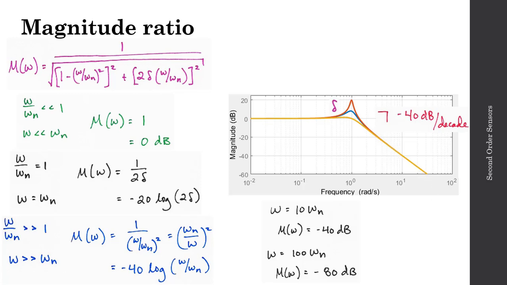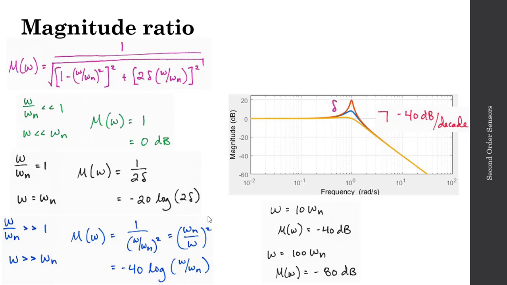You'll find these larger peaks associated with systems that are effectively in resonance. As my zeta value decreases, I'm losing damping, and of course as that goes to 0, that would be an undamped system. As the damping goes down, I get a bit of resonance about omega n, the natural frequency of my system. So it's important to recall the magnitude ratio and the plots associated with the first order sensors,